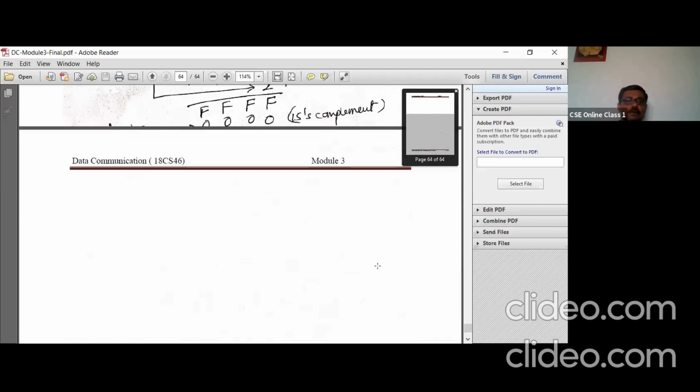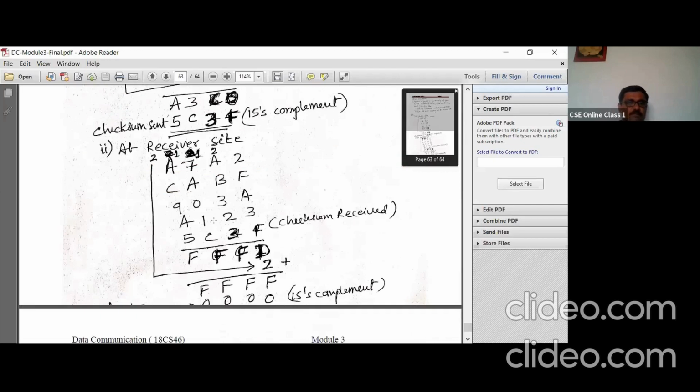So what you have to do? You have to perform this again, this particular second case. In the third case, you have to replace A123 with A145 and compute this. What checksum do we get? Let us check. Work out that. I want the answer.